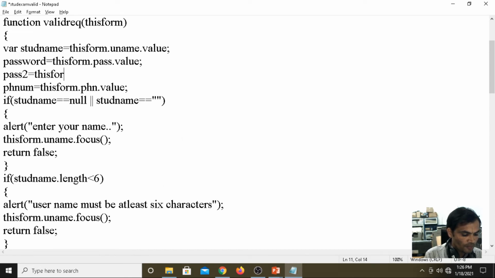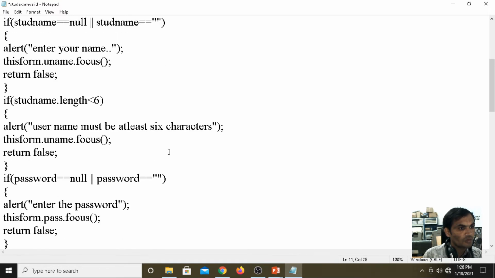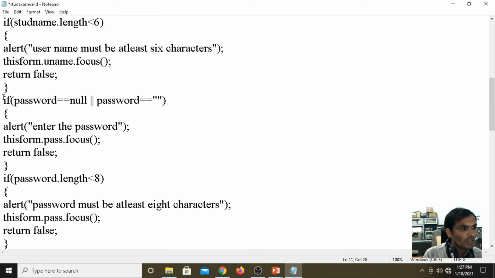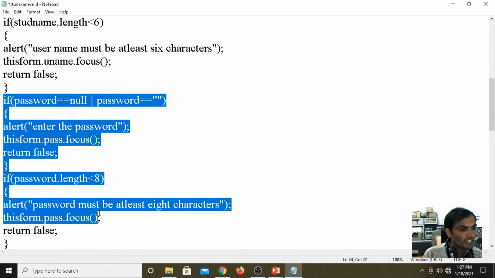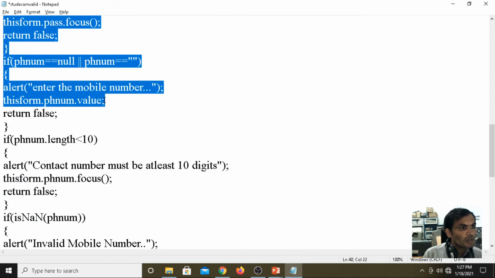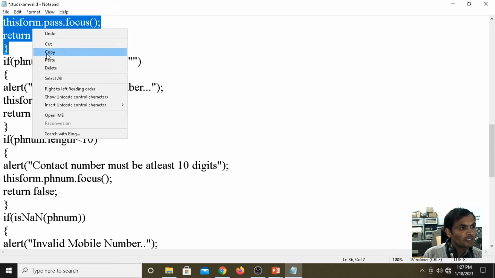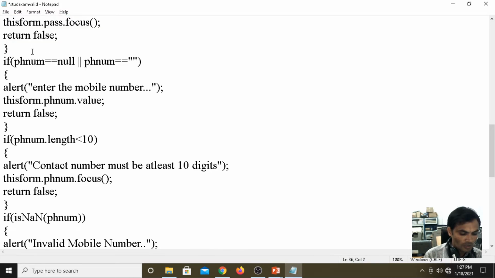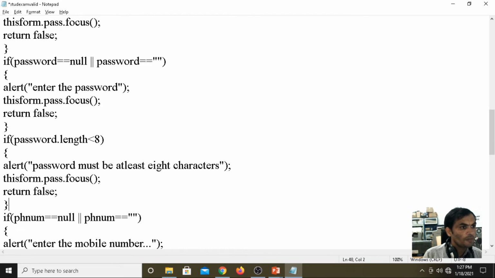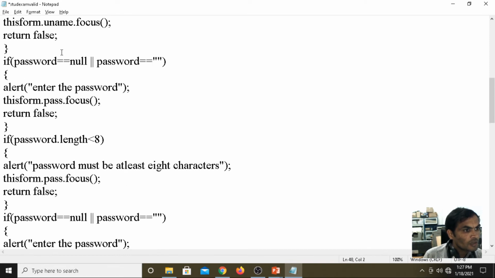This form dot pass1 dot value. Now same scenario for the password. I am taking here the same up to 8 characters, copy, then Control V for the second password.